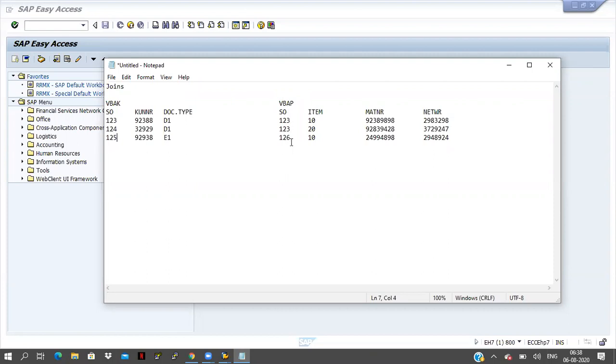And coming to here, the 126 record is available in VBAP. So this 126 we check in the VBAK table, whether 126 is available or not. No, it is not available, so it won't take the data.